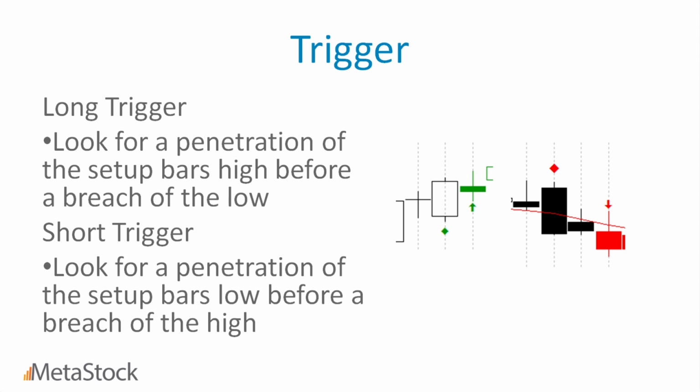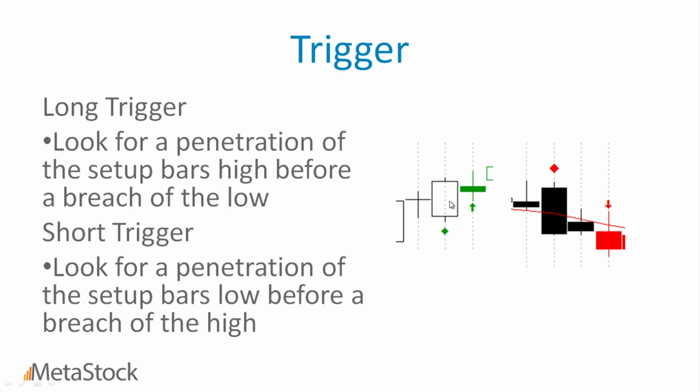So this is the same example. I'm going to show you this chart in MetaStock in just a second. Here's the setup day. We have this bullish engulfing pattern. And the very next day, in this particular example, it breaches the high, which triggers us into a trade. Now, it's important to note, if instead it penetrated the low, we'd actually invalidate that trade. It would not be something that we would trigger on. What we want is a penetration of the high before we get a penetration of the low of